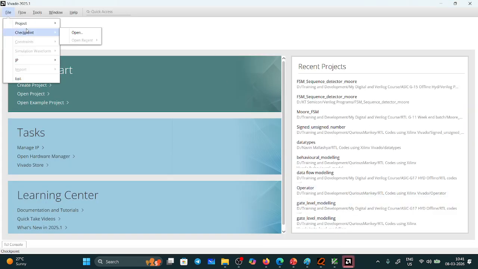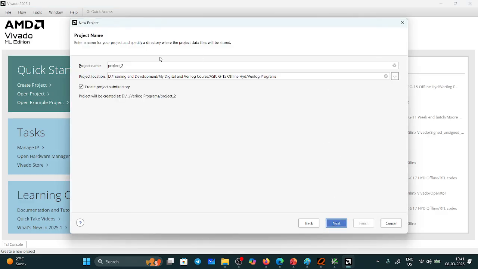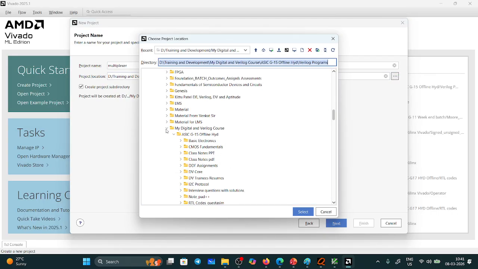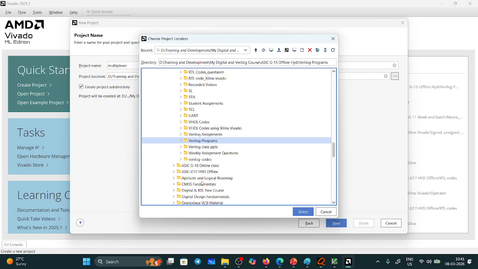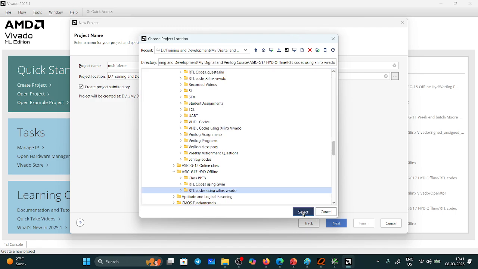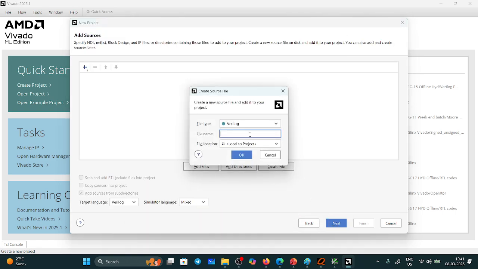First, new project, next, and my project name is multiplexer. Then go to RTL design using Xilinx Vivado, next, and create the file. My project file is underscore